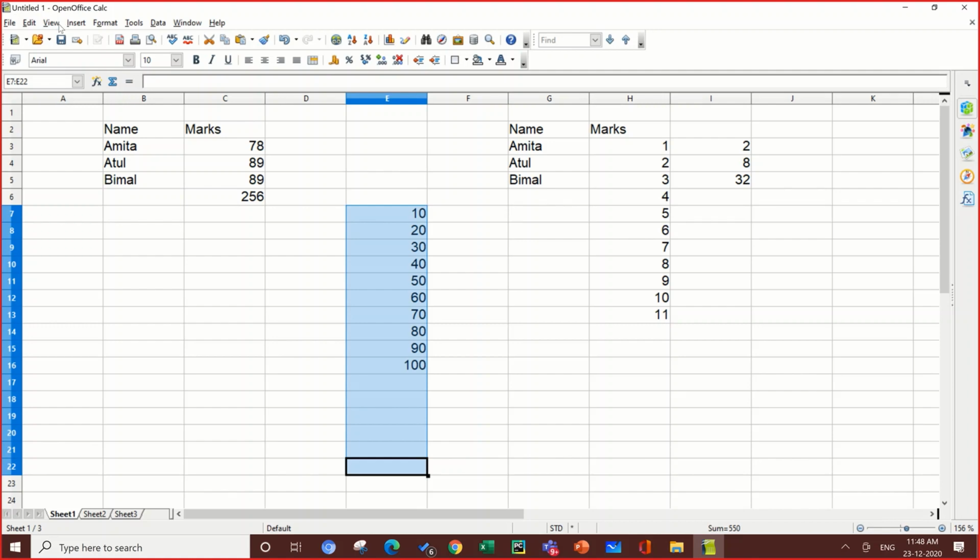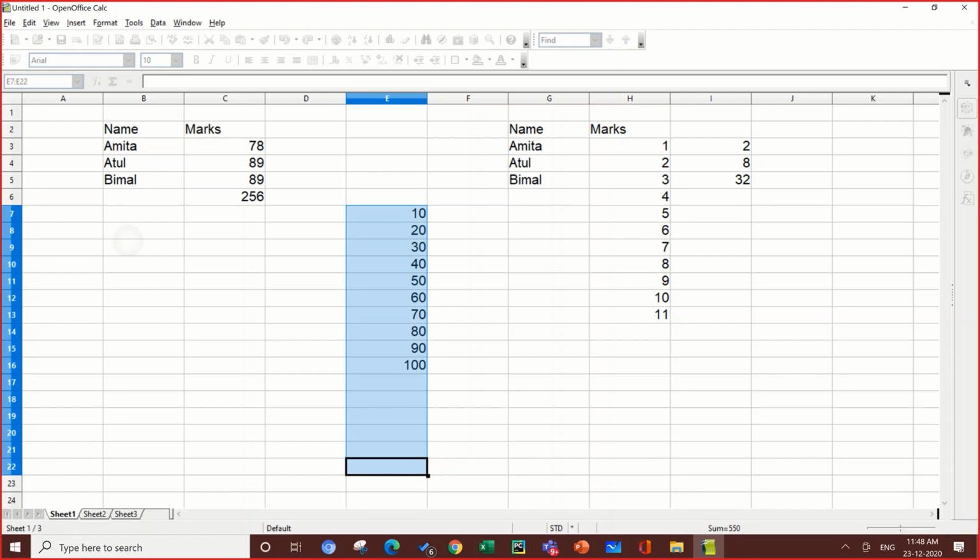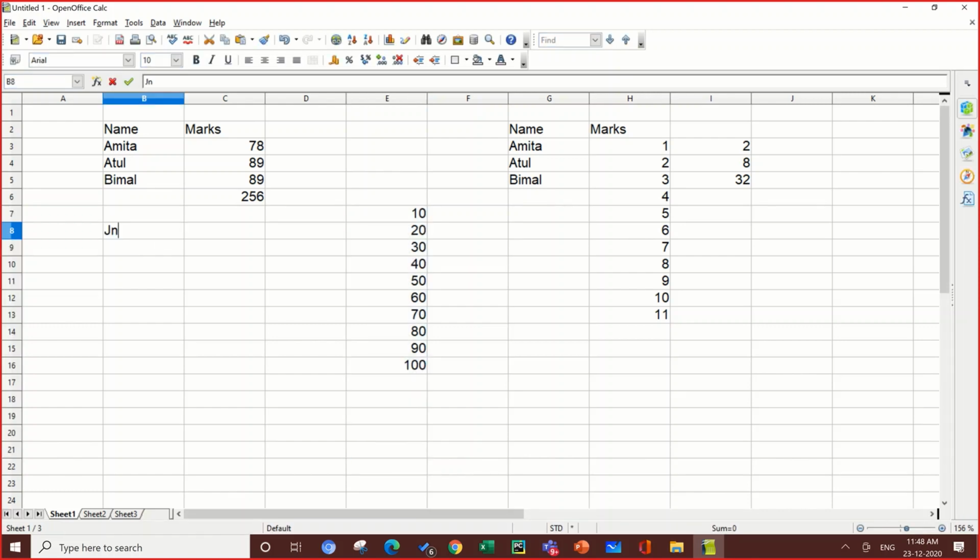So in this way you can fill the range, or you can drag it by using the fill handle that we have already discussed. So when you drag it, for example, if we write here January and I drag it, it will automatically write the month names because this list is already created.